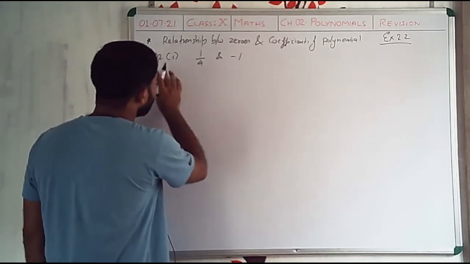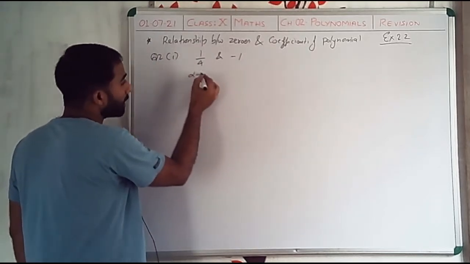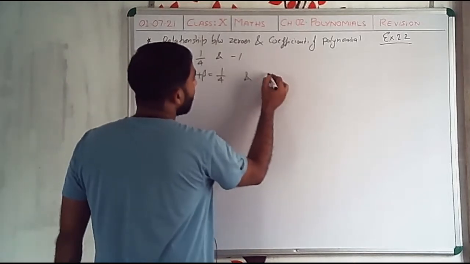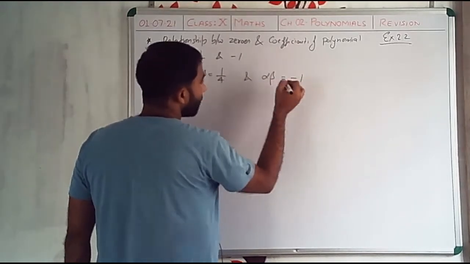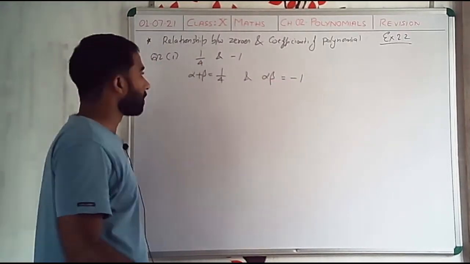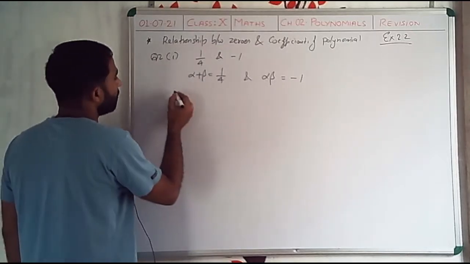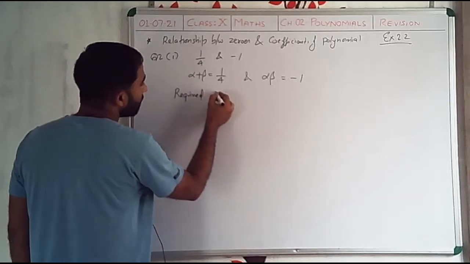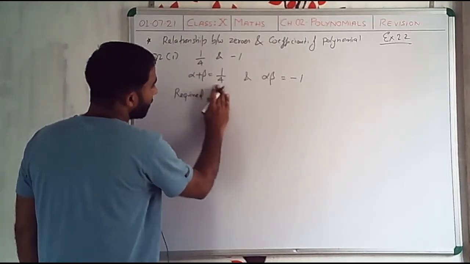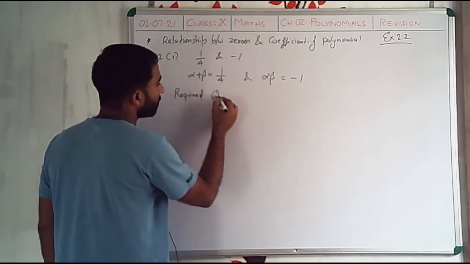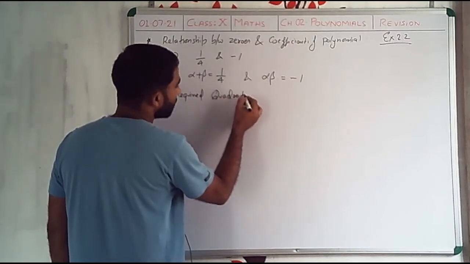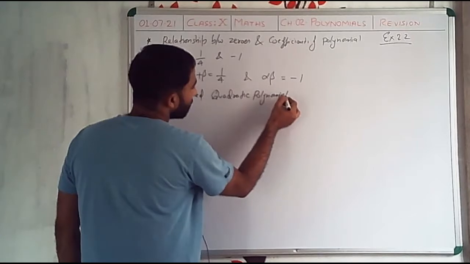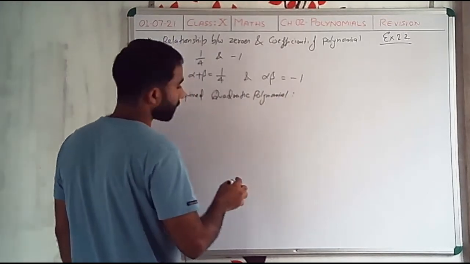So how can you write here? The given thing is alpha plus beta is equal to 1 by 4 and alpha beta is equal to minus 1. Now the required equation or required quadratic polynomial is